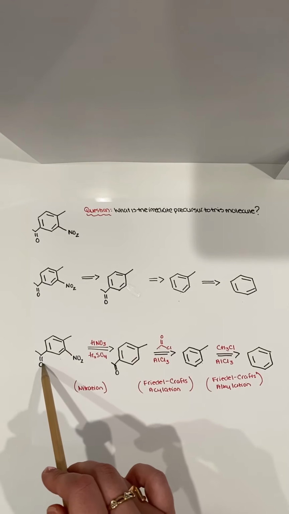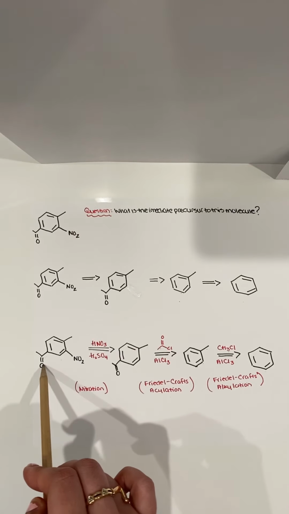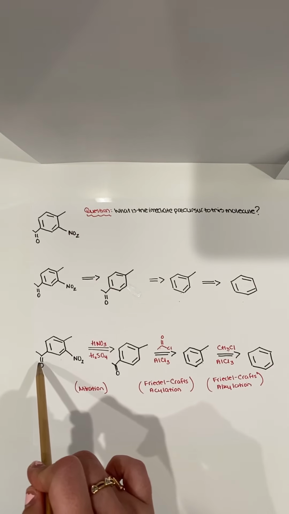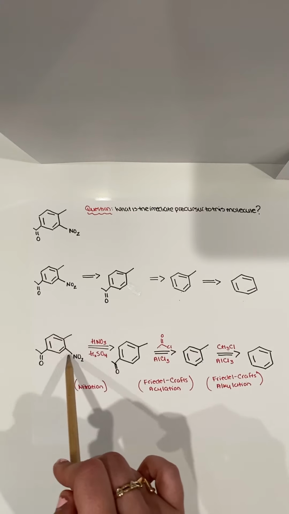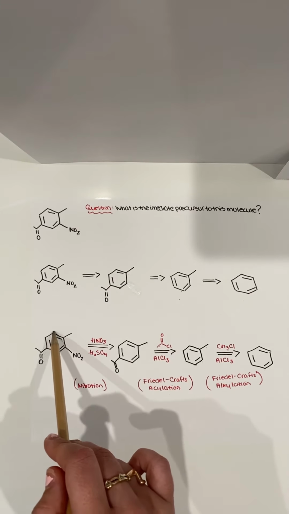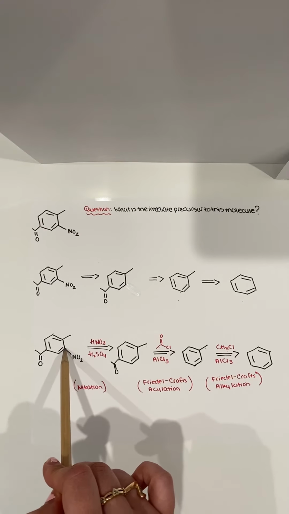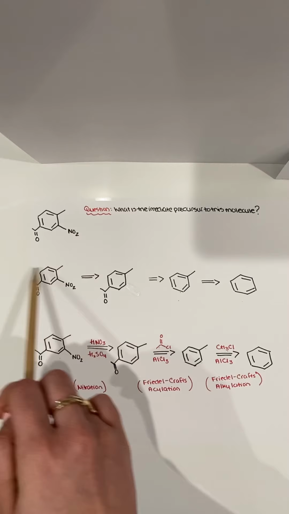And when looking at the acyl group, it's a deactivator. So in this case, it would want to put the substituent into the meta position, and that can be either over here or over here. And since it would be the same molecule, whether it be here or here, you could put it onto this carbon over here, and that's how you will receive the overall product from a benzene ring using